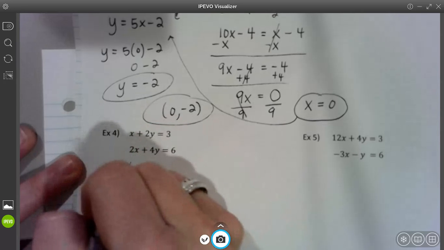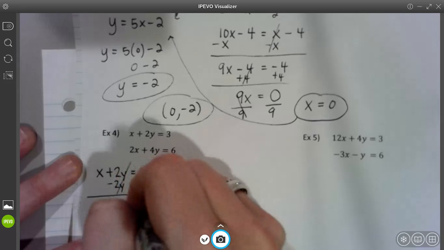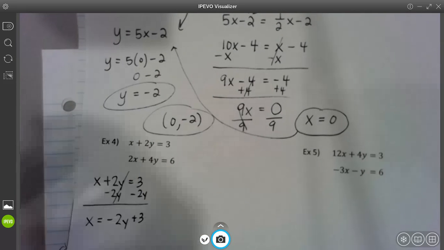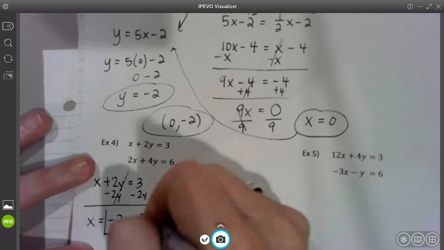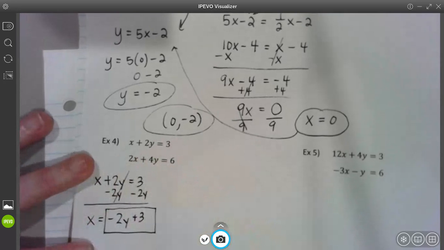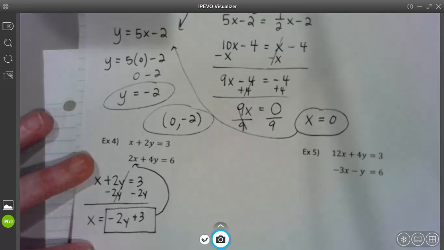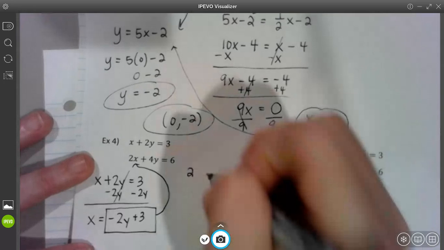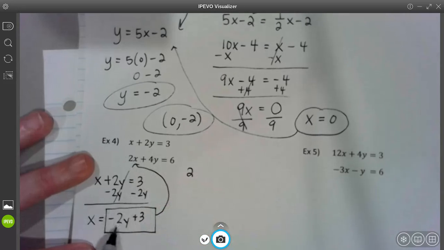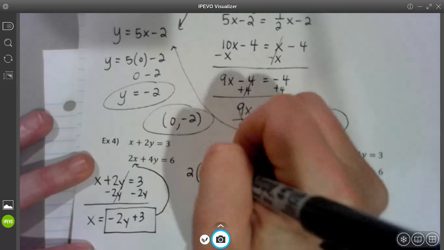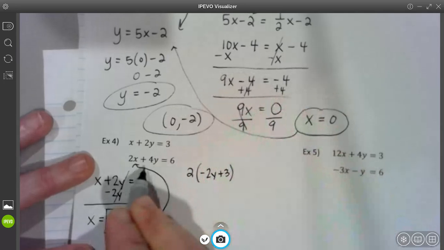So X will equal -2Y plus 3. Okay, now that I know what X is equal to, I'm going to take what X is equal to, and I'm going to plug it in for X in the other equation, the equation I haven't touched yet. Right there. I've got to plug it in for that X in the other equation. So that's going to be 2 times, not X, I'm going to plug this in for X. So I'm plugging -2Y plus 3 in,